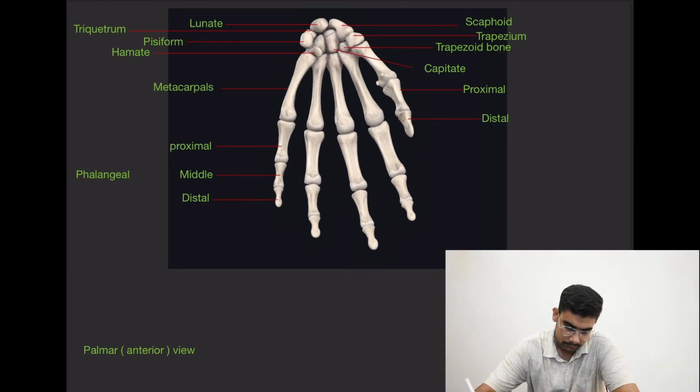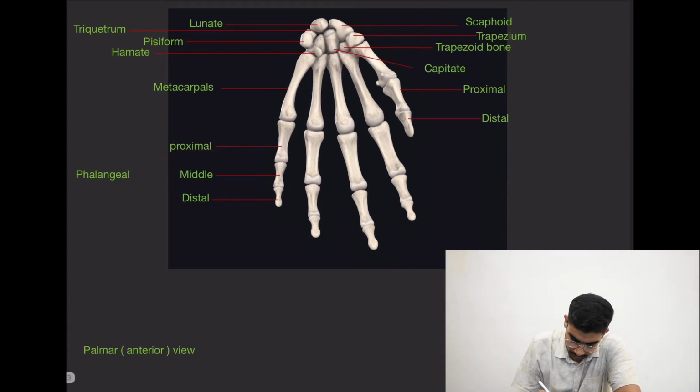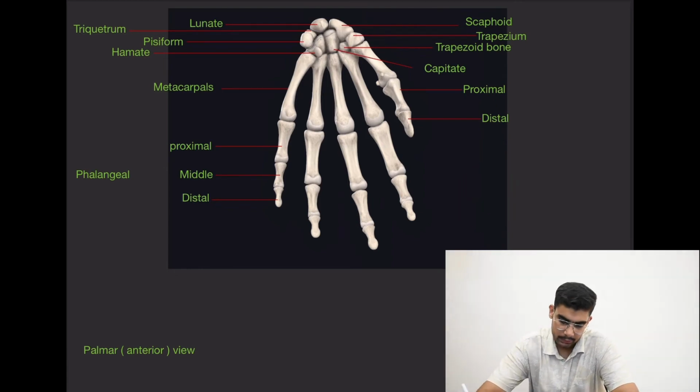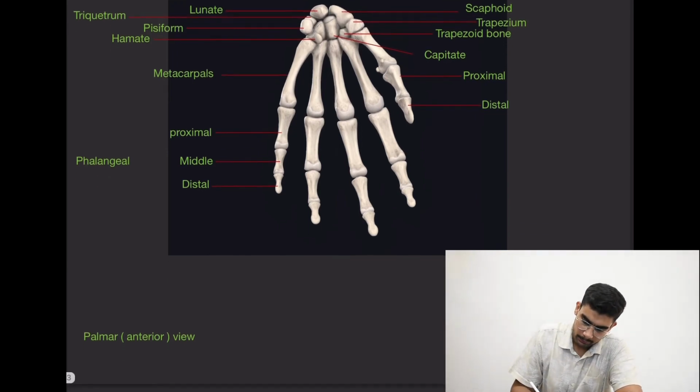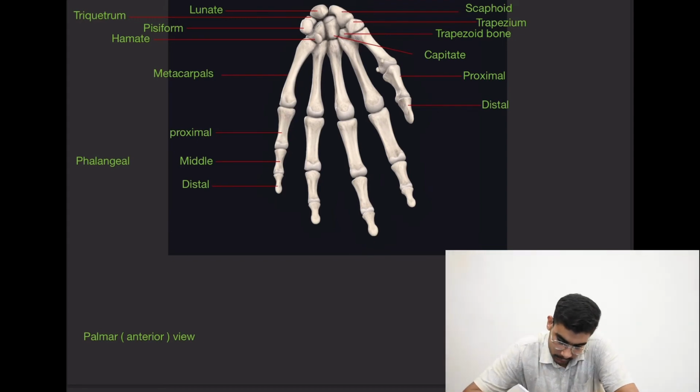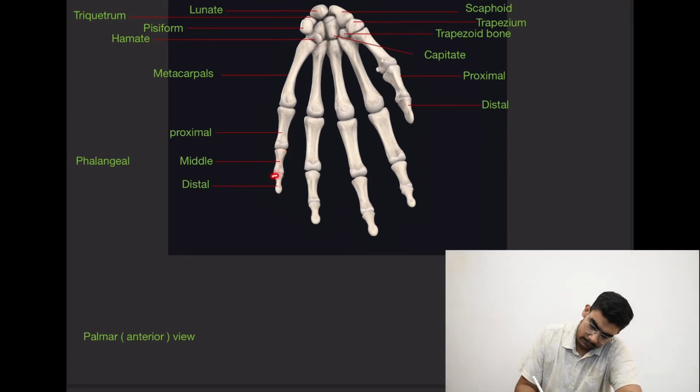There are 3 phalanges: the proximal phalanx, the middle phalanx, and the distal phalanx in finger. And there are 2 phalanx in the thumb, the proximal and the distal. So in total there are 14 phalanx present in each hand. The phalanx consist of following structure. In the proximal phalanx, they consist of a base, a shaft, and a head. In the middle phalanx, they also consist of a base, a shaft, and a head. But in the distal phalanx, they consist of a base, the shaft, and a distal tuberosity.